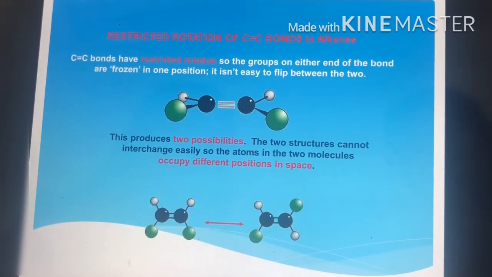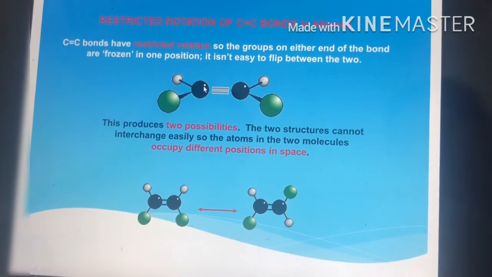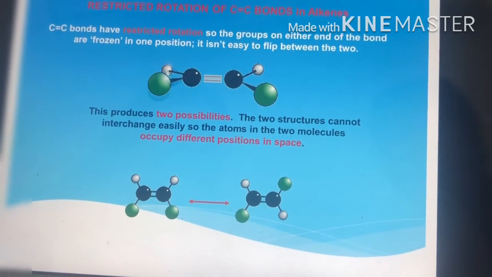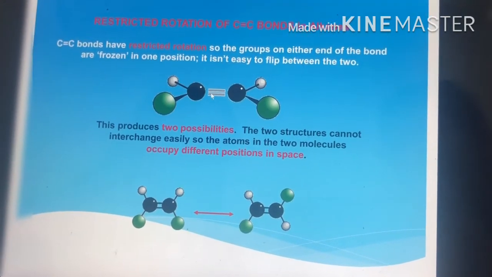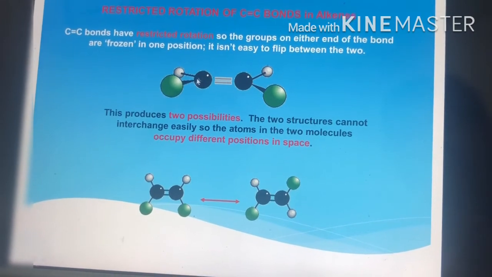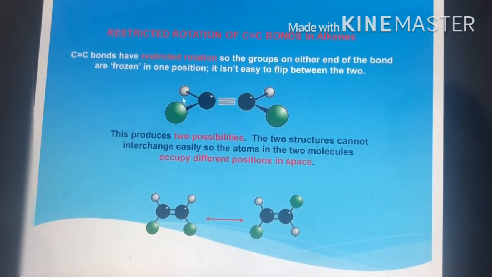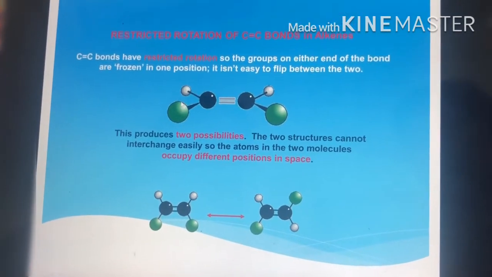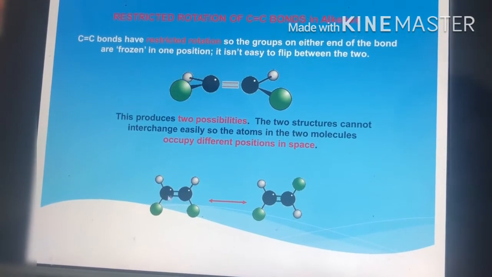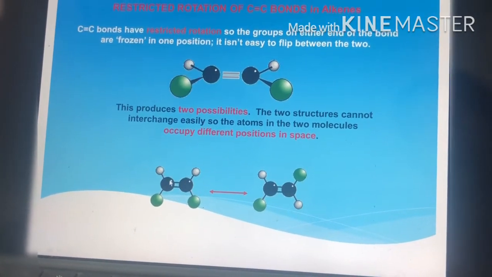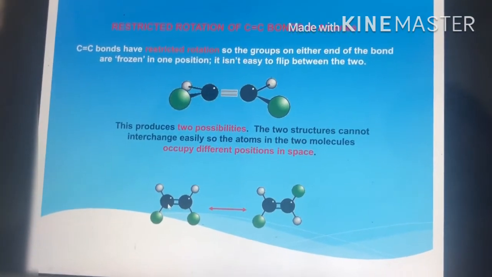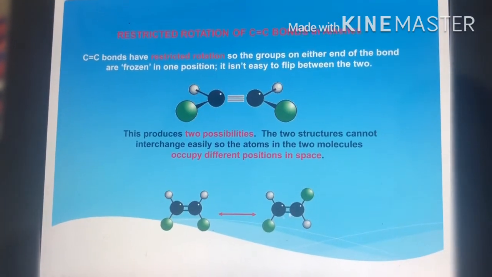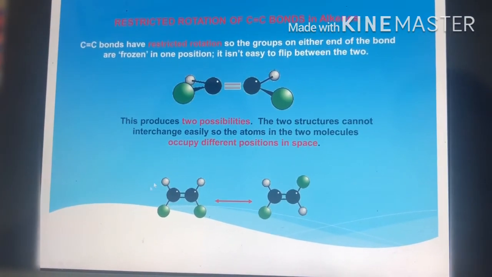Now we'll look at the double bond here. Look here, the carbon is double bonded to the carbon, and it is attached to two different atoms. Due to the double bond, the rotation is restricted. It cannot rotate on its axis. You can see that only the green and white balls, which signify the atoms arranged, vibrate. So there are only two possibilities for the atoms attached to this black or central atom: either both green on the same side or on opposite sides. And these positions are fixed.